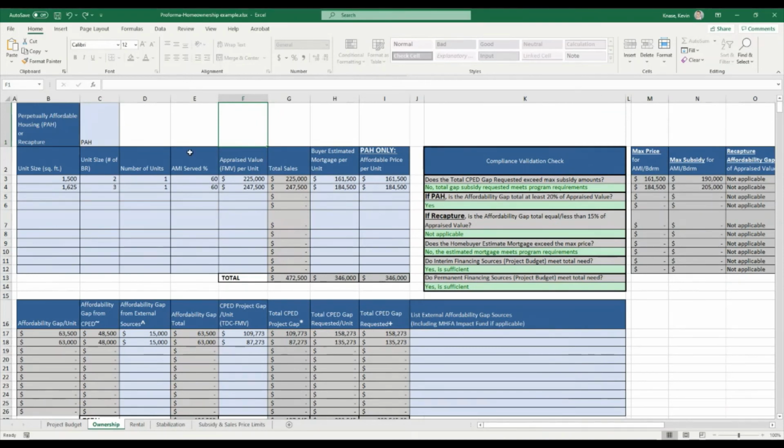In this particular example that I framed, this is a perpetually affordable housing program example. So I went in and selected perpetually affordable housing. But let's say I change that to recapture. You're going to see over here that there's a compliance validation check section right here. And one of the requirements of recapture is that the city's affordability gap that's provided is equal to or less than